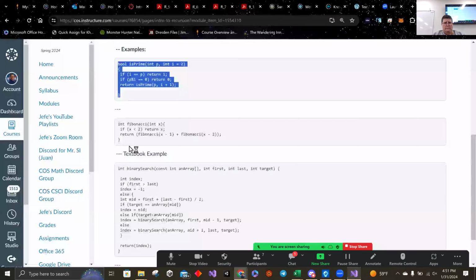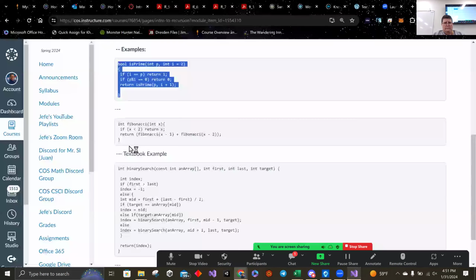So what's going on here? It sends 7 over into memory, and what it's taking into memory is the P, so that's 7. I defaults to 2 at the base when it starts. And now it says if I equals P,